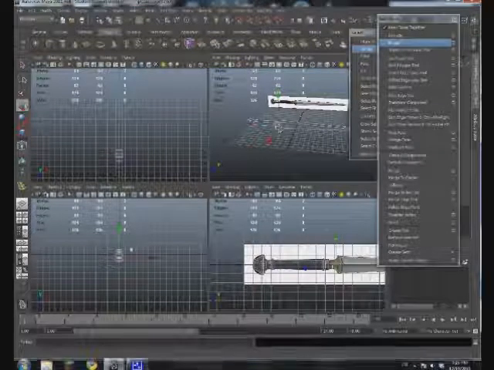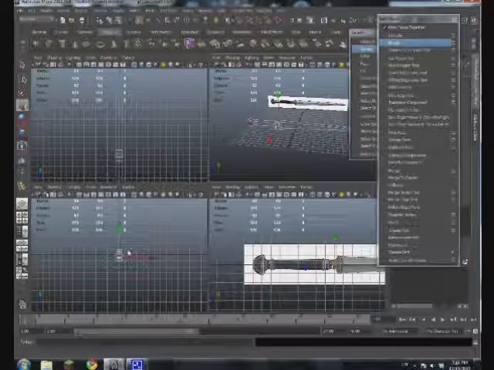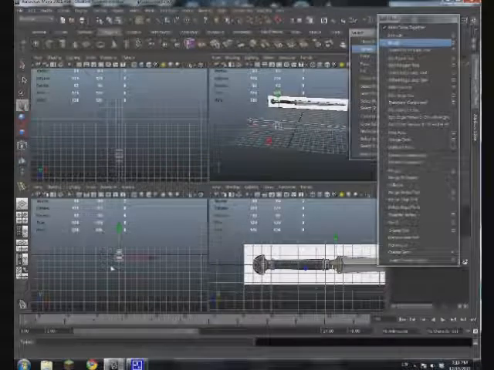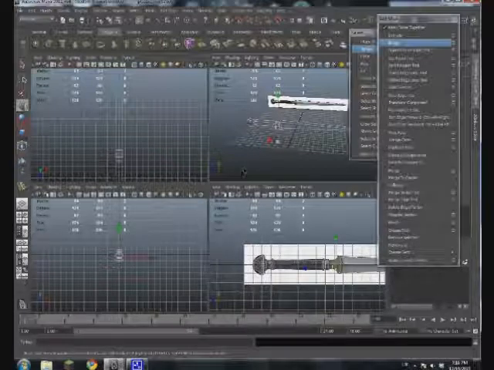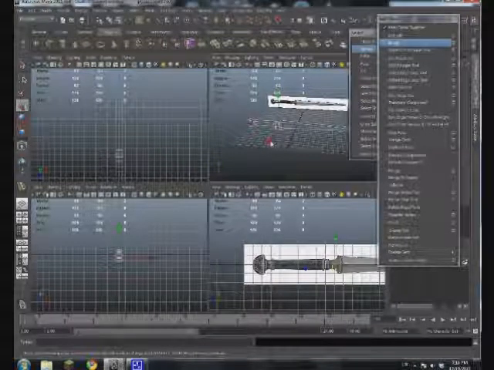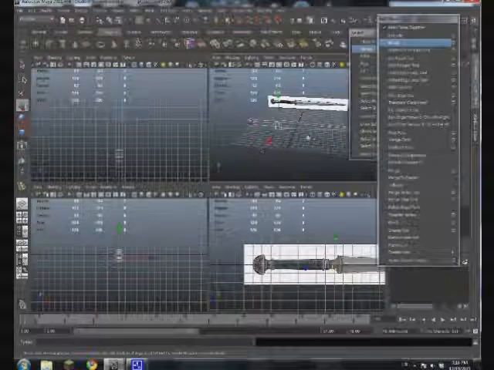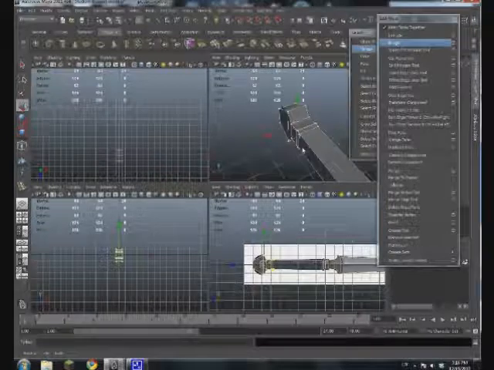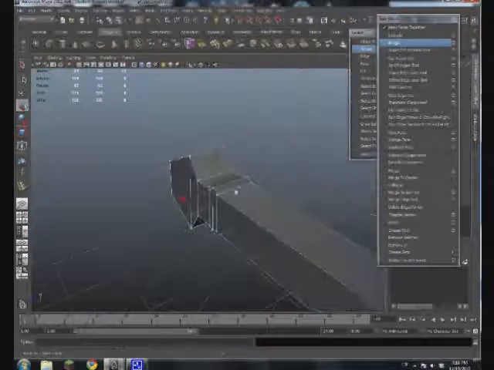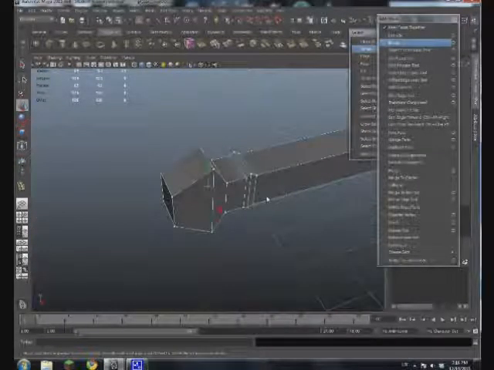But now, what I normally do is go into the front view here and pull things into position from there. But with this specific model, that would look really difficult to do because of the complexity of all of the verts lined up in the exact same space. So let's just throw in